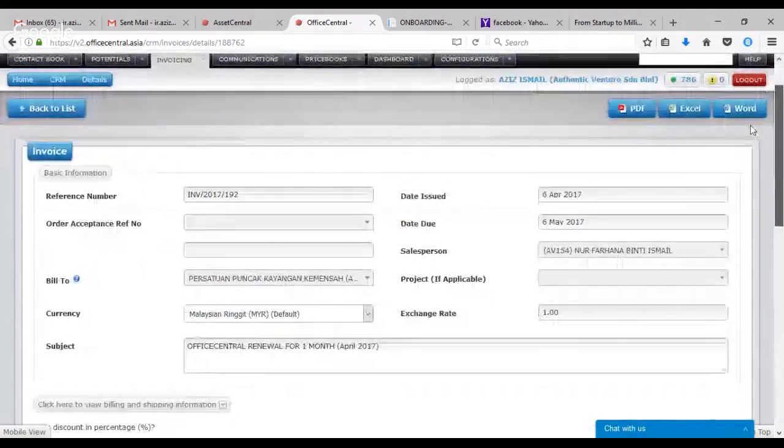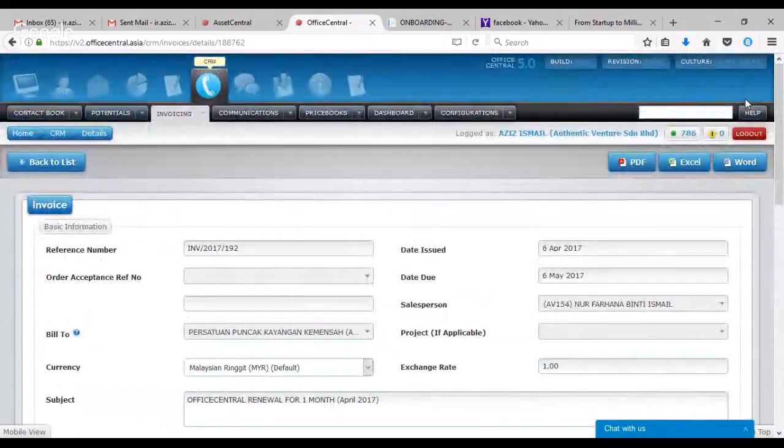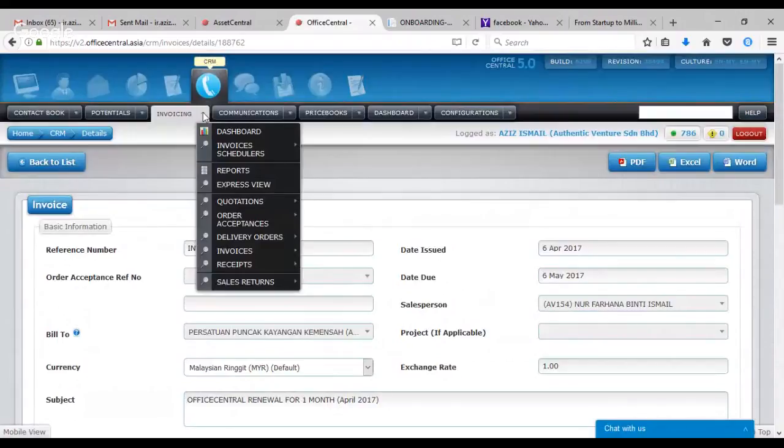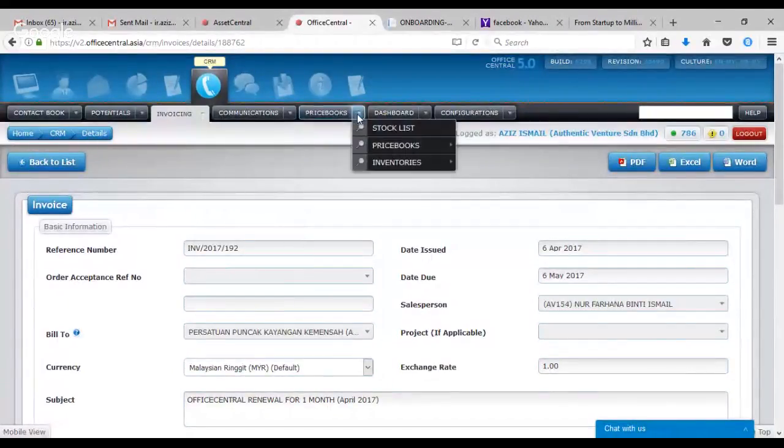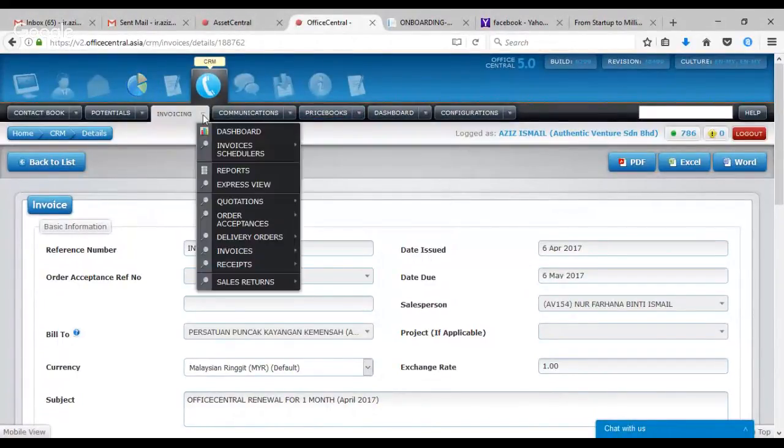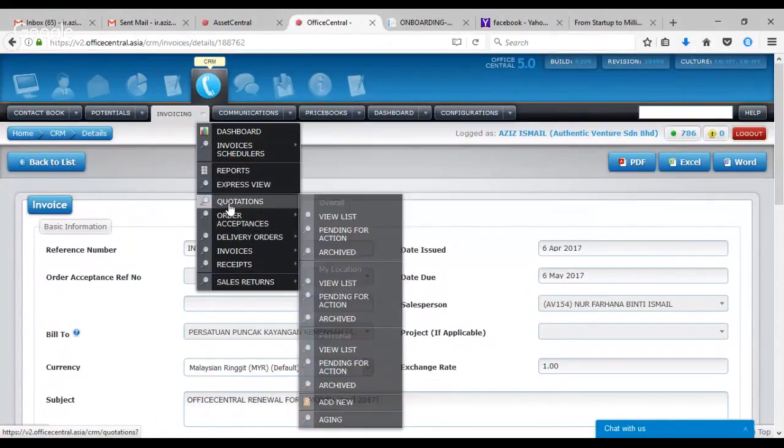Basically, as a boss, you would be able to see all the information about your sales people's activity by using the system. So just now I already showed you the price book and the inventory, for example, and then you actually have all these various sales processes. You will go through another